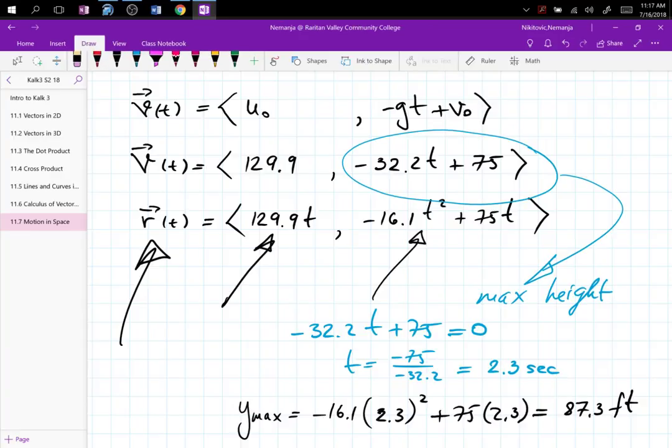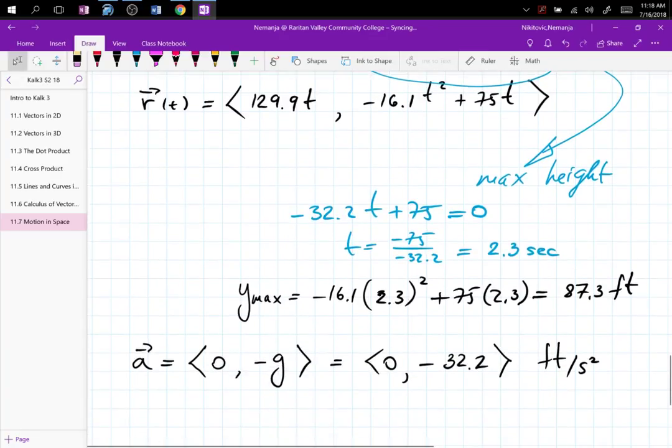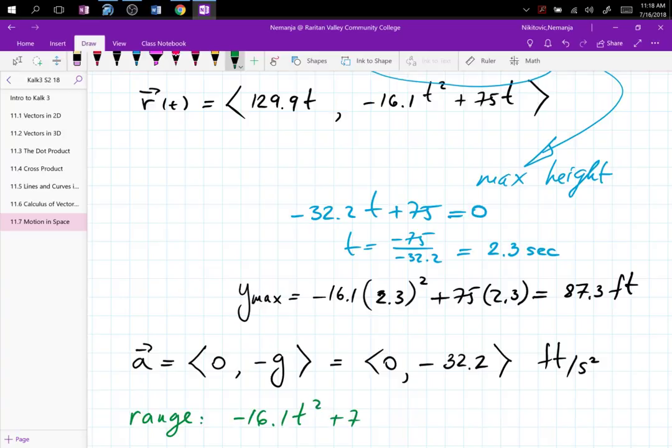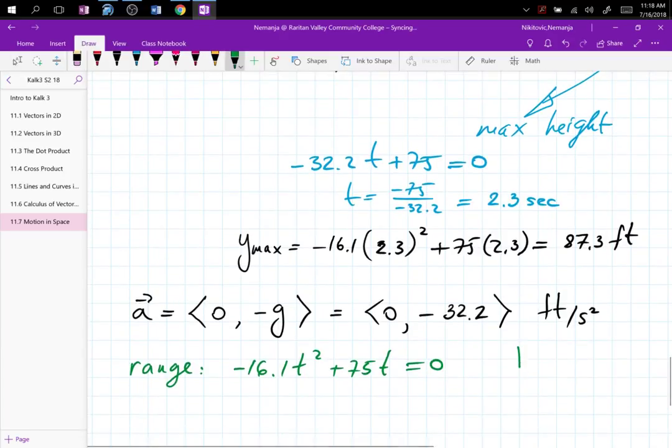So when you set this one equal to 0, you figure out the time, and then you use that time in here to figure out how far it went. So here, range, without using those physics formulas, you set negative 16.1t squared plus 75t equal to 0,